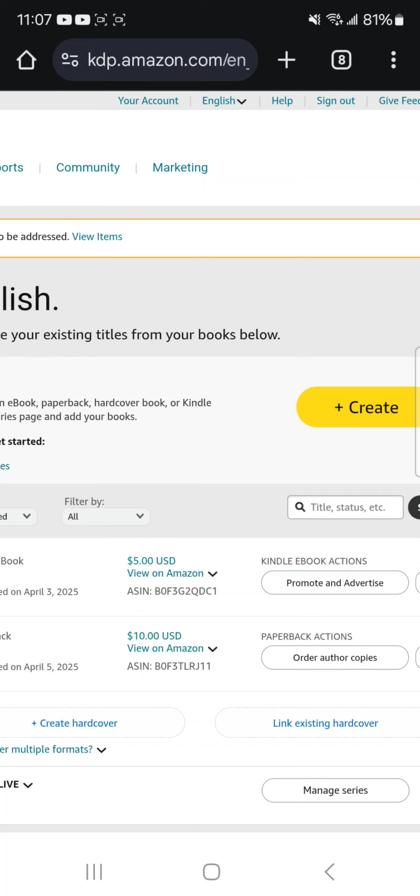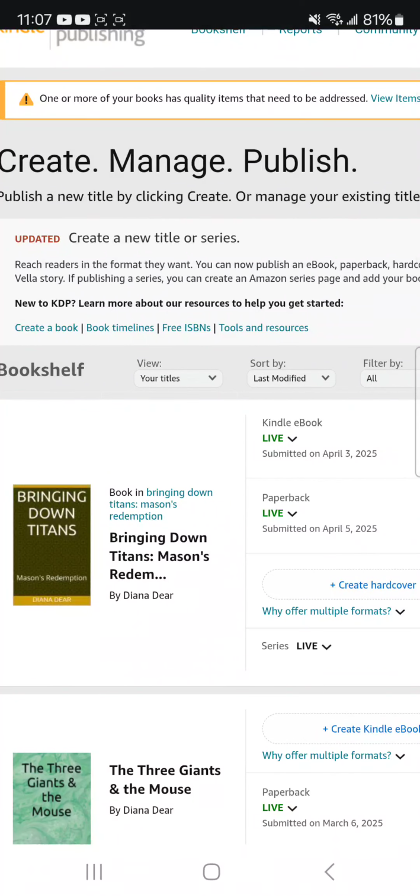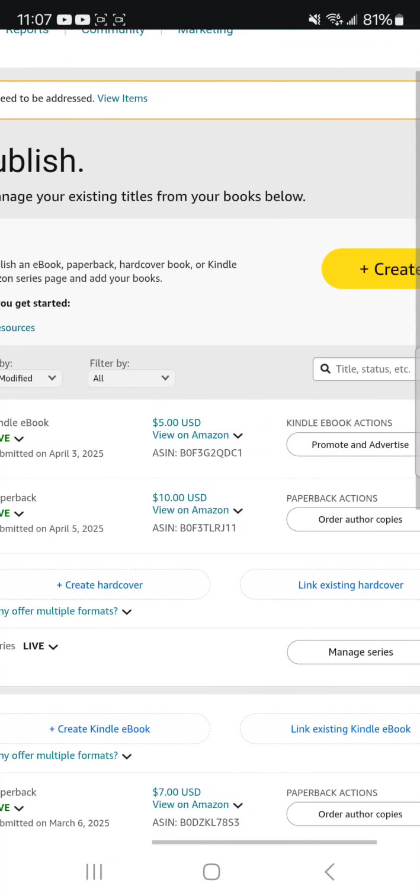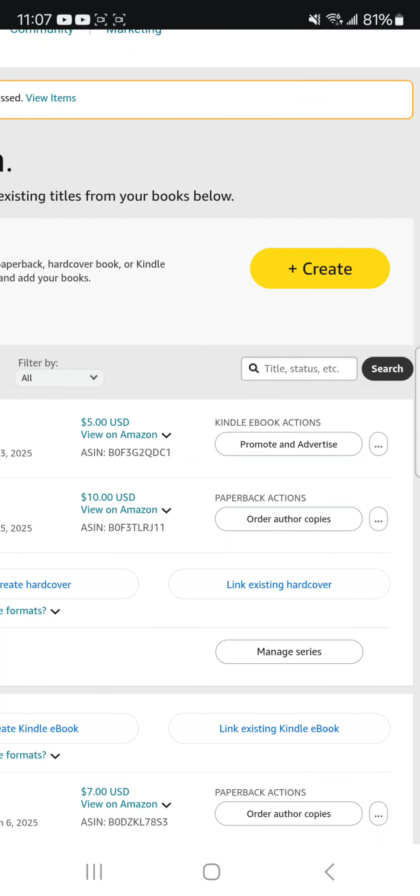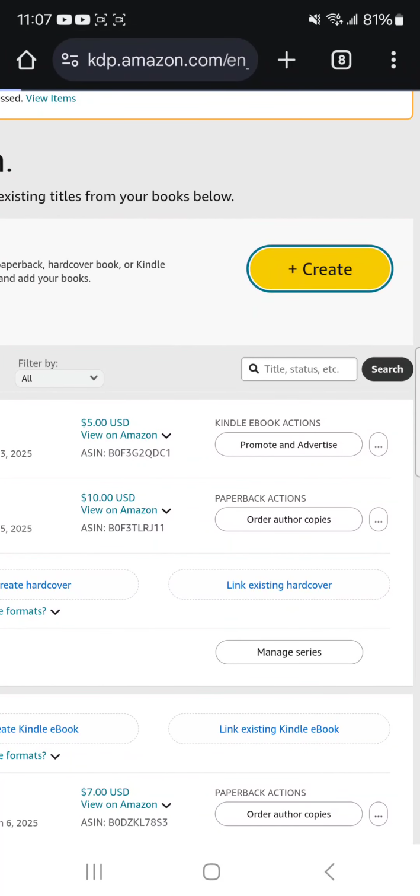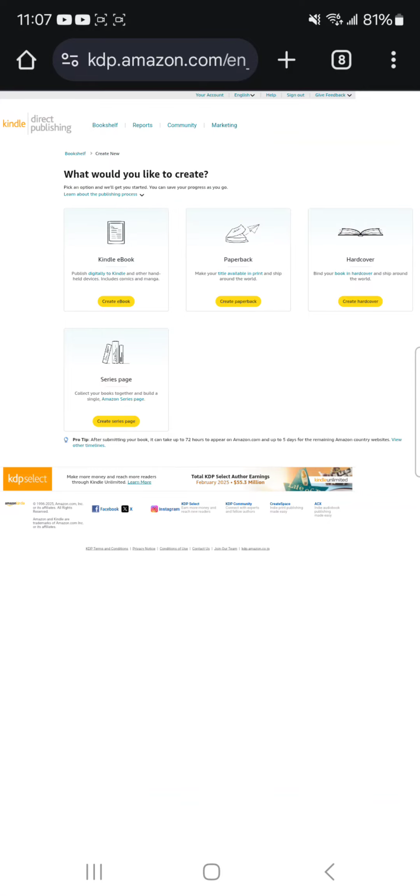Okay, so let's just walk through the process of creating your book. Let's say you have a book, because at first my book was, I believe, 57 or 58 pages, and then before it was single spaced, and then I double spaced it, and that jumped it up to like 99 pages. Okay, so let's walk you through it. We're gonna hit that create,